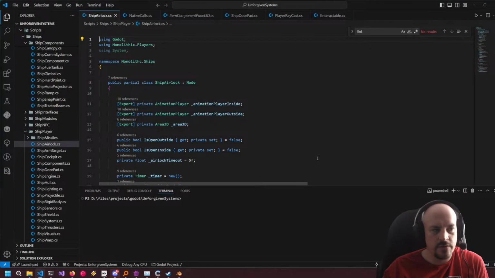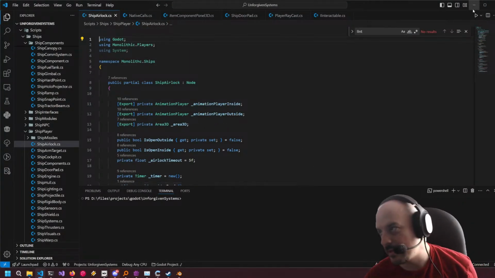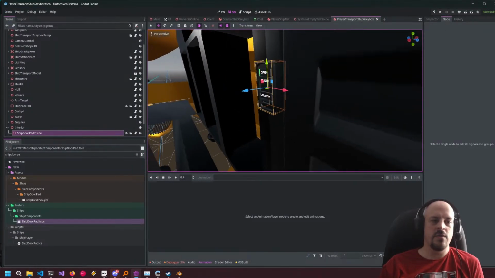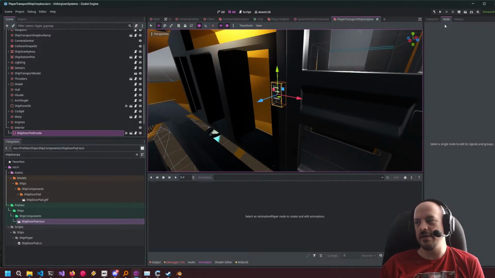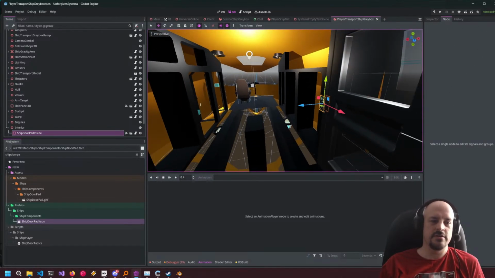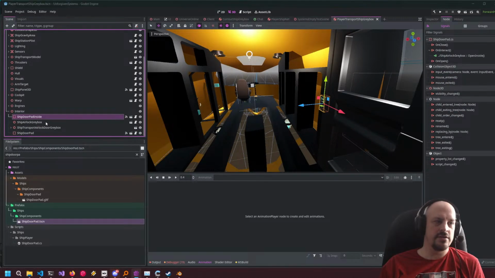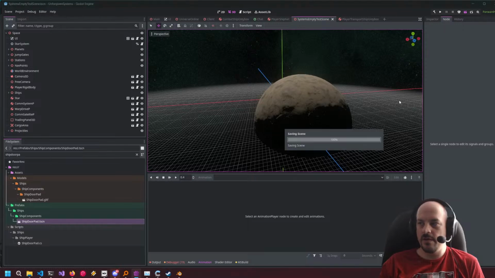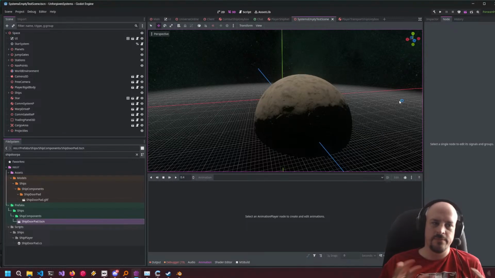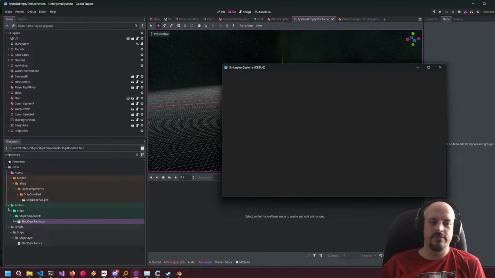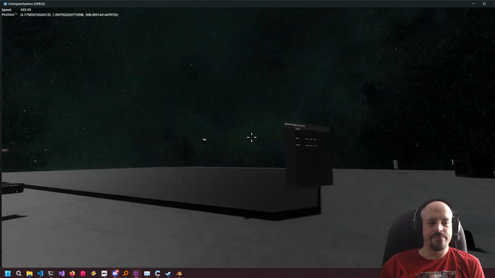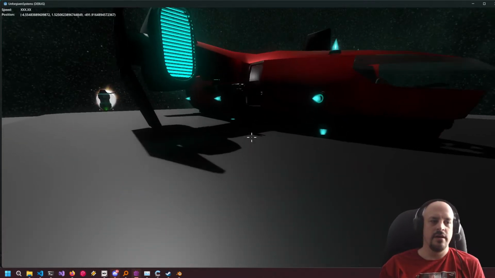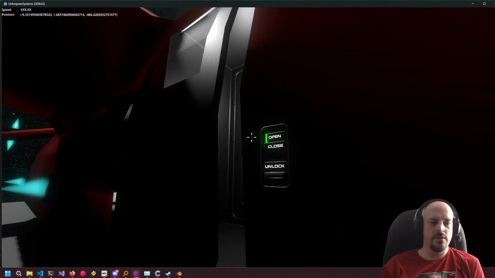So that's all we should have to do as a level designer is tie the things up. They should know nothing about the system. It's just like, oh, I have a generic pad. These are my parameters at which I can hook it up to something else. And I'm hooking it up to something else. And that's all they should have to do. And now hopefully we have that full process of spawning in a ship, heading up to our airlock, opening it up,